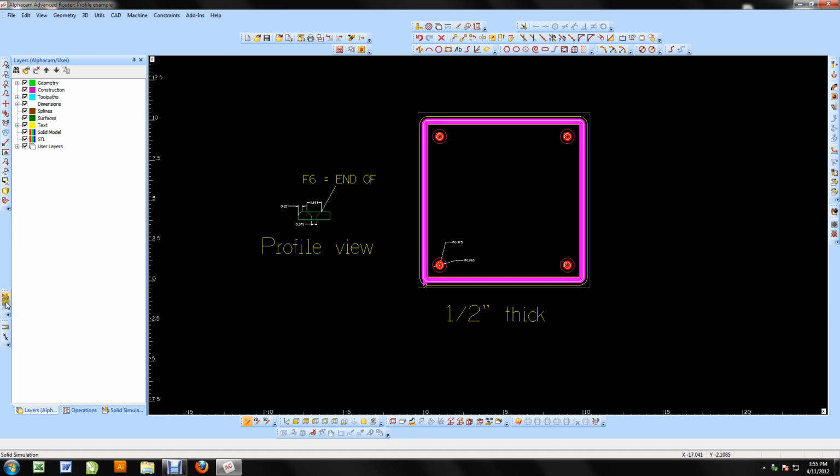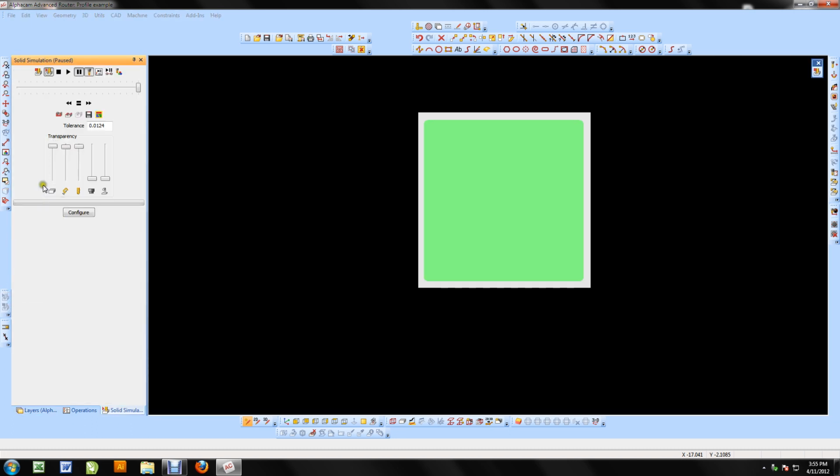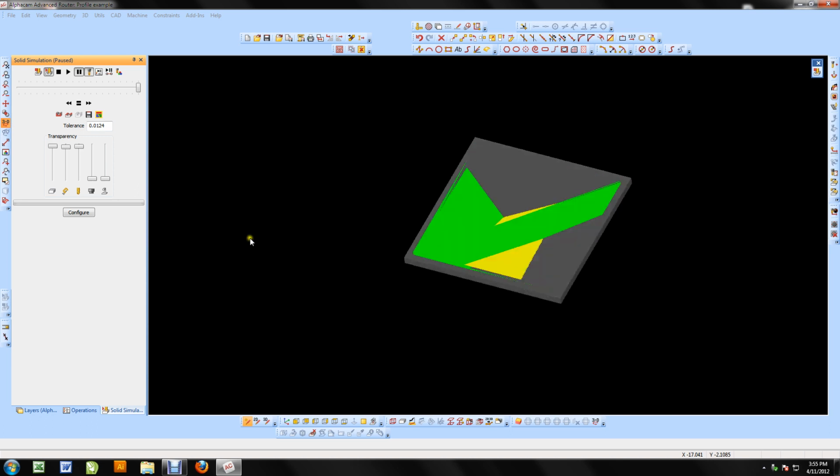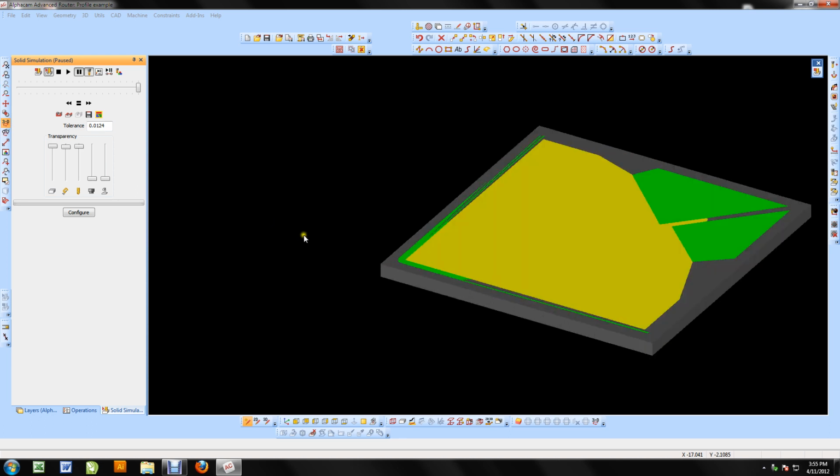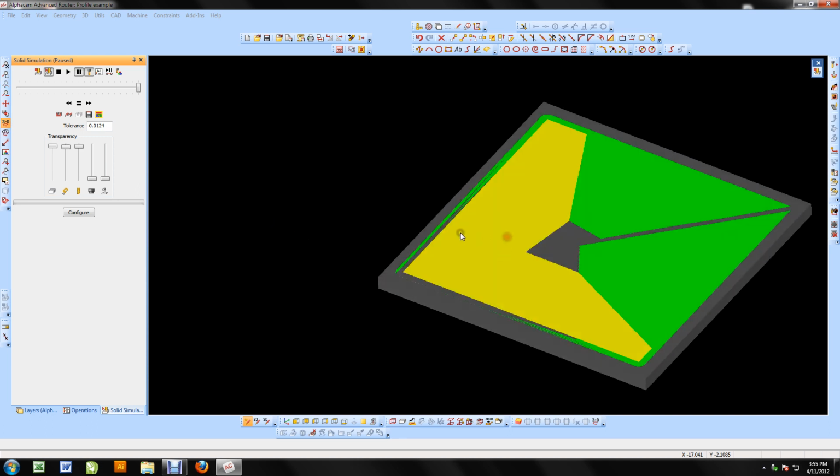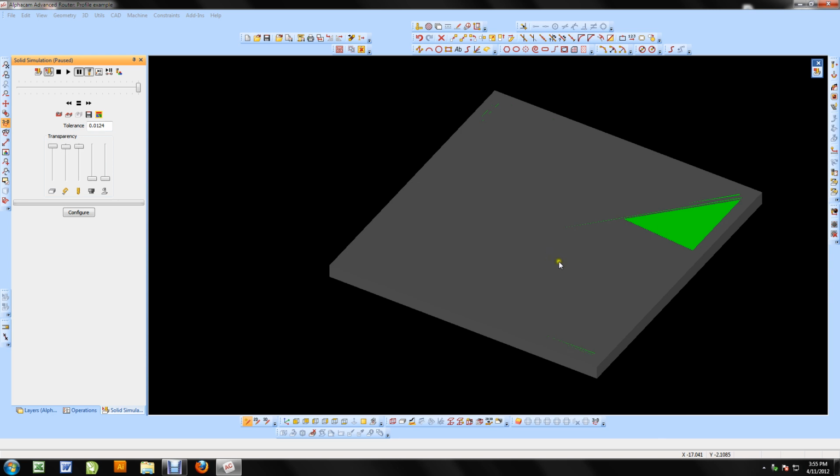Then I can come over here to solid simulation and 3D. With this video, we get a lot of odd colors going on here. My video card is not what it should be or could be right at the time to go with the recording here. This will normally be gray, and then the yellow is the finished part or routing, but we'll slow the speed down here a little bit